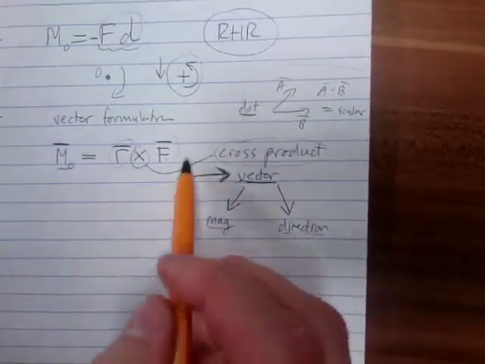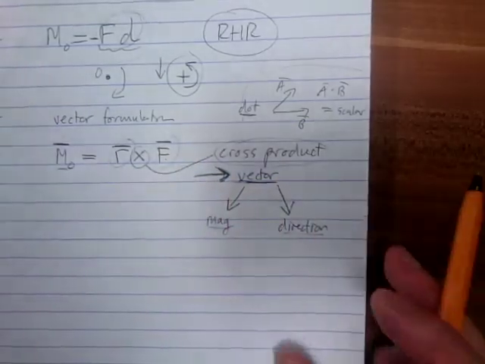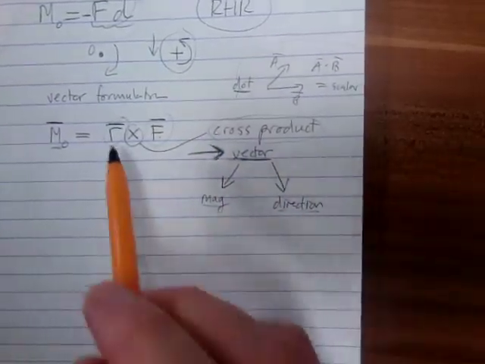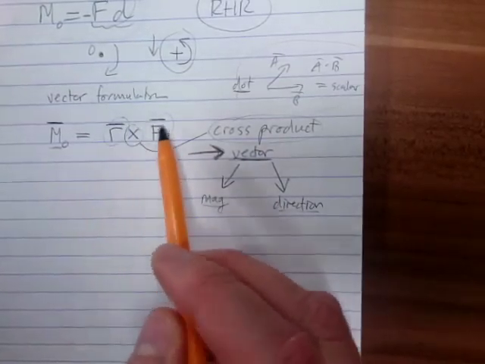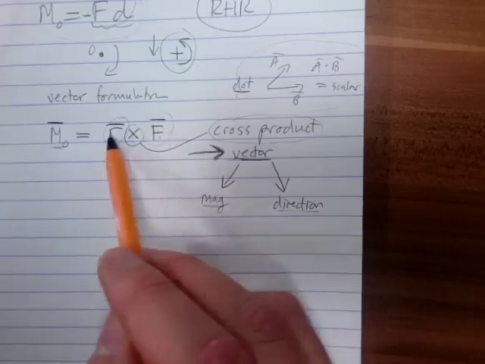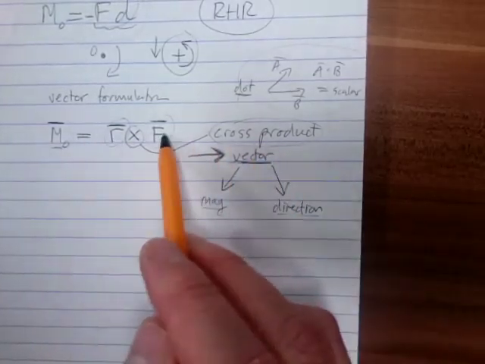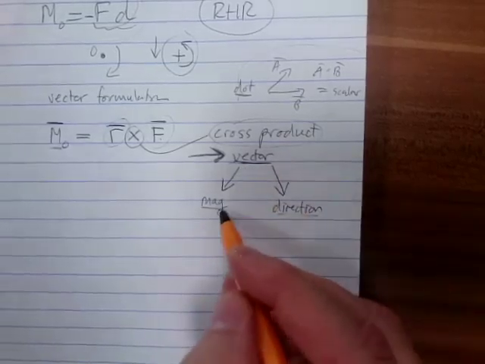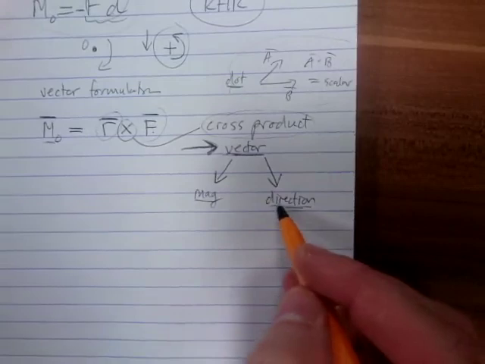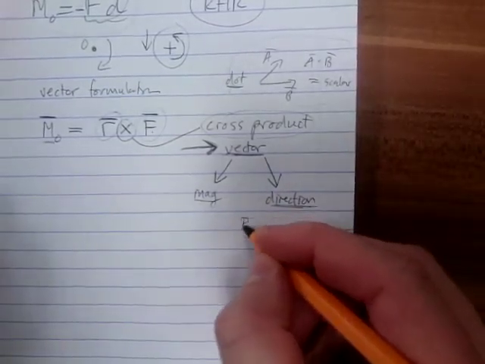Remember, we use the cross product. We'll get into an actual example, but I'm trying to give you an intuitive understanding. We have these two vectors. The one is your moment arm R. The other one is your force. We'll go into this R a bit later. We carry out the cross product of these two, and we get a vector. This vector has a magnitude and a direction. The direction, if you use the right-hand rule,